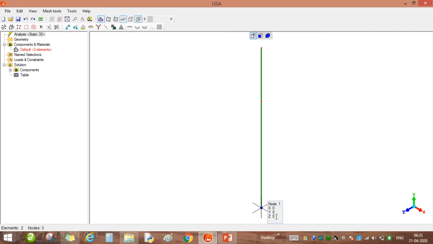This is node number 1, x, y, z is 0; node number 2, x is 0, y is 400; and node number 3, x is 0 and y is 600. We can also view the element numbering: if we click this icon, show node and element number, it will show element number 1, element number 2.